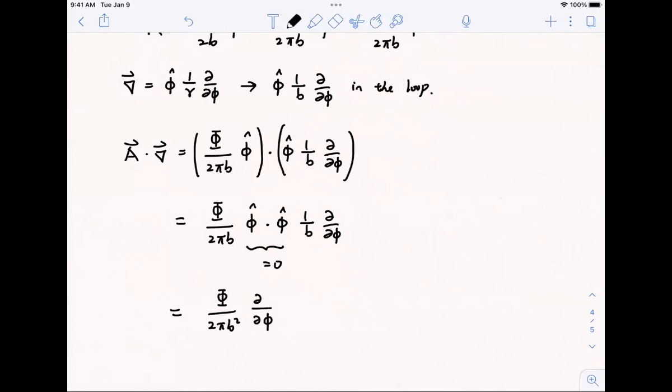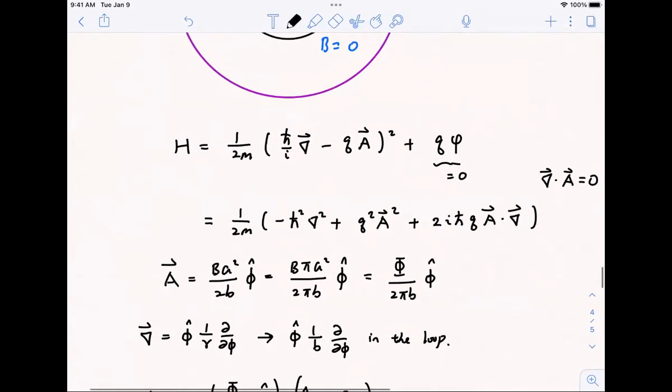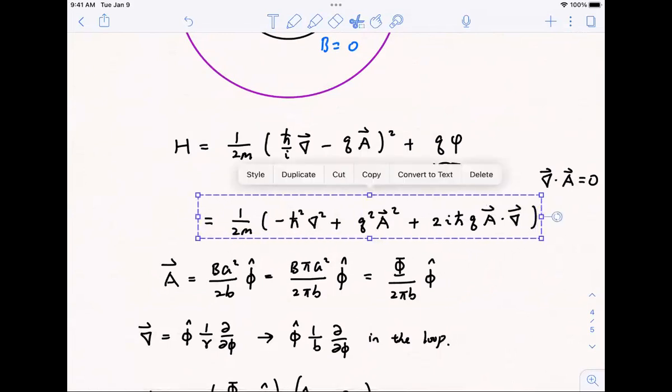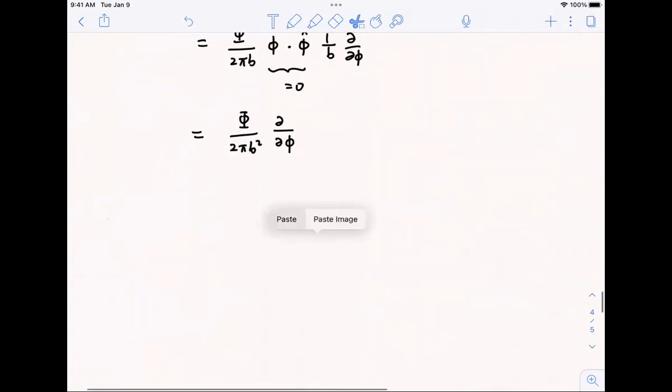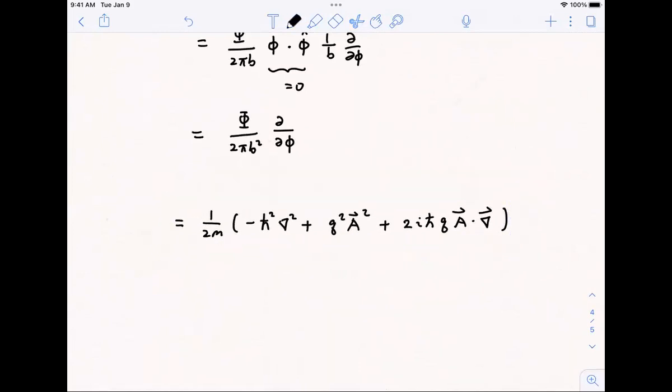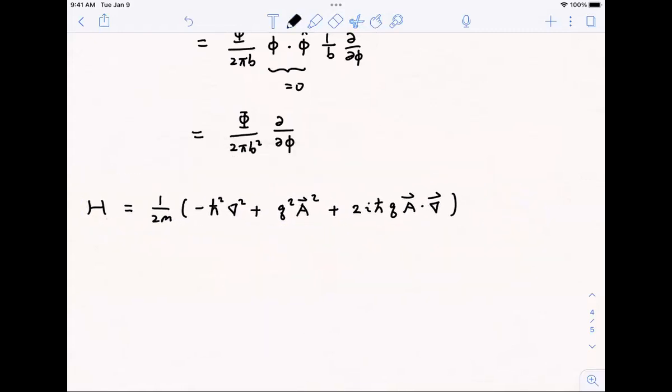Okay, so this is this. So now let's rewrite the Schrodinger equation. Okay, so the Schrodinger equation. So H will become, so we're going to write all this out. Let me see. 2m negative. And this will all become